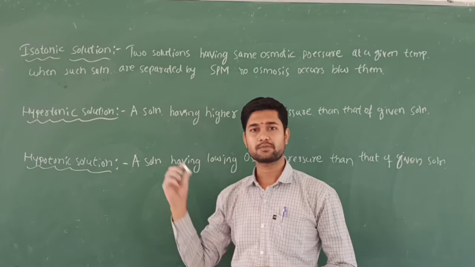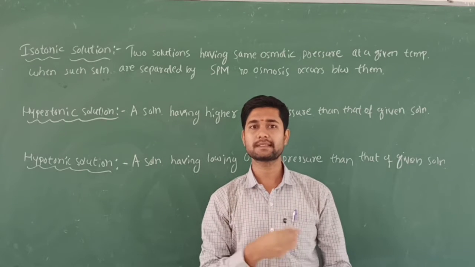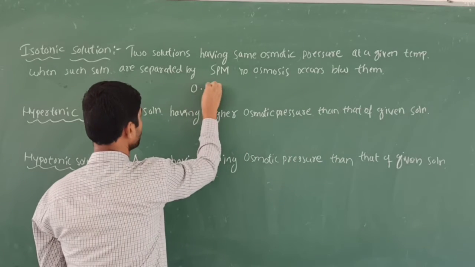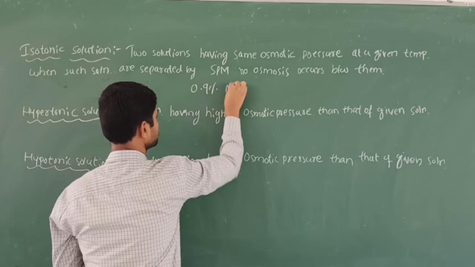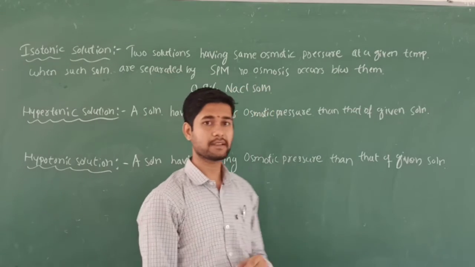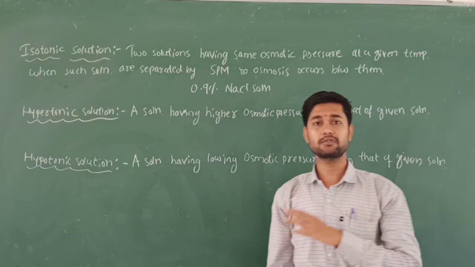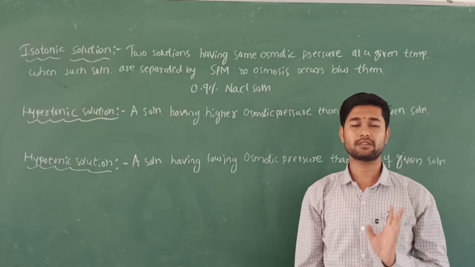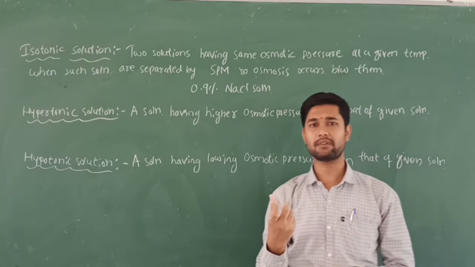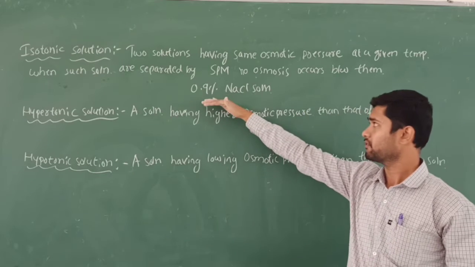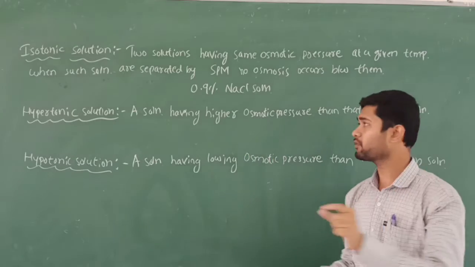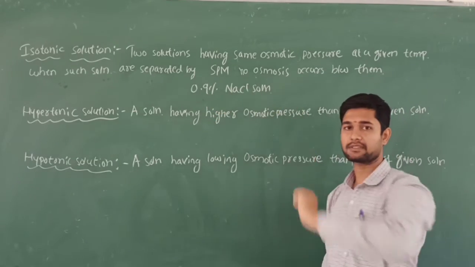If I take an example you are very familiar with, the osmotic pressure associated with the fluid inside the blood cells is equivalent to that of a 0.9% sodium chloride solution. That is also called normal saline, which is safe to inject into a person who is not feeling well. That is called saline water, normal saline water. So the osmotic pressure of the fluid inside the blood cells is equivalent to this 0.9% normal saline.